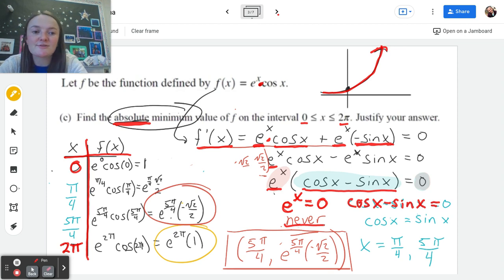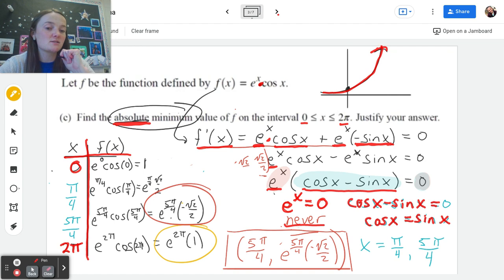We have to use some trig skills to figure it out. In fact, this one is a little bit tricky. In order to find this out, I'm actually going to move the sine x over so that I have cosine of x is equal to sine of x. So I need to know my unit circle. I just do. So I want to know, at what angle does cosine of x